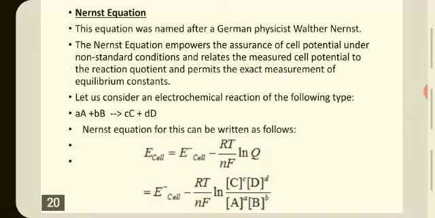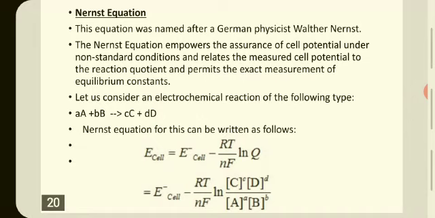Small a moles of reactant capital A react with small b moles of reactant capital B, forming small c moles of product C along with small d moles of product capital D. So for this reaction, with the help of the Nernst equation, we can write as follows: